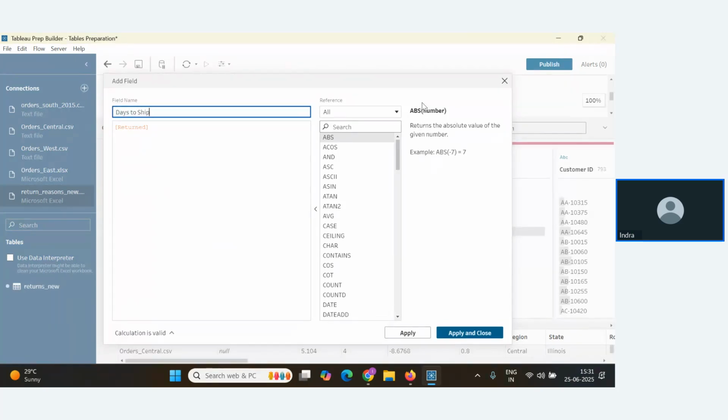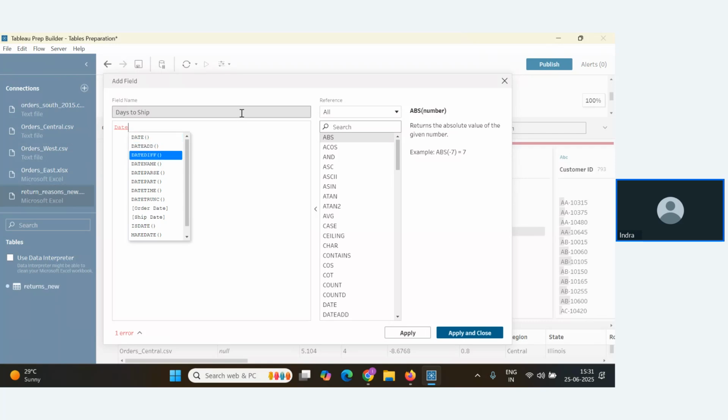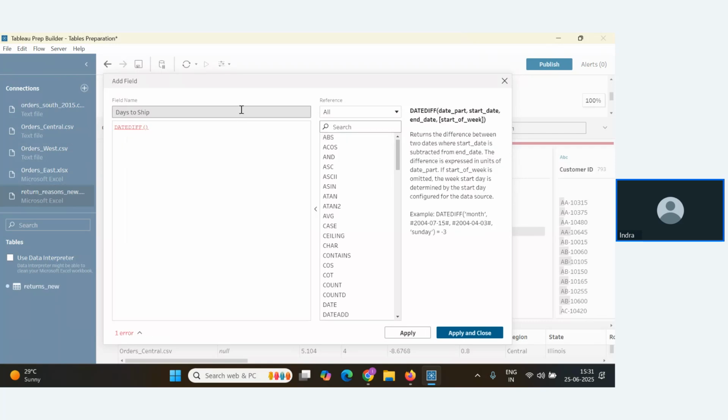Days to ship basically will say that when the order was placed, how many days it actually takes to ship the product. To find out the days to ship, there is a function called DATEDIFF. DATEDIFF will find out the difference between two dates. You can see the syntax: you have to pass the date part, then start date and end date.